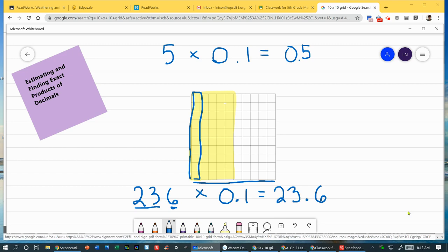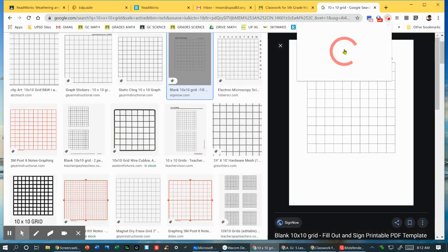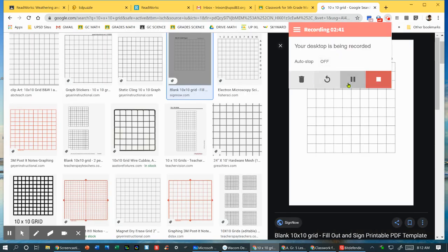Now, this is important to keep in mind because when we start multiplying the decimals, we're going to be placing decimals, and we need to understand that we really have a certain number of tenths or hundredths, and that is why